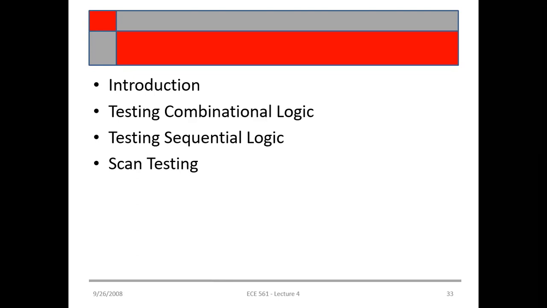The next point is scan testing. The problem of testing a sequential circuit is greatly simplified if we can observe the state of all the flip-flops instead of just observing the circuit output. So instead of observing the output, we observe the states of all the flip-flops. For each state of the flip-flops and each input combination, we need to verify that the circuit outputs are correct and that the circuit goes to the correct next state.